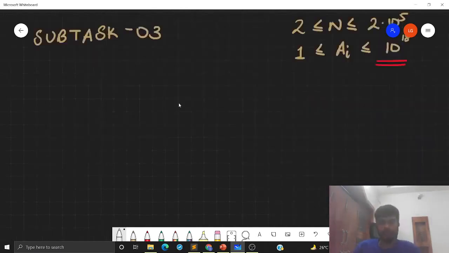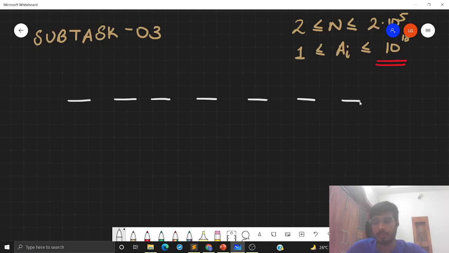One of the important things when we consider problems related to GCDs is this. Suppose I am calculating the running GCD of my array. Suppose this is some array, and I start with my GCD being A1.